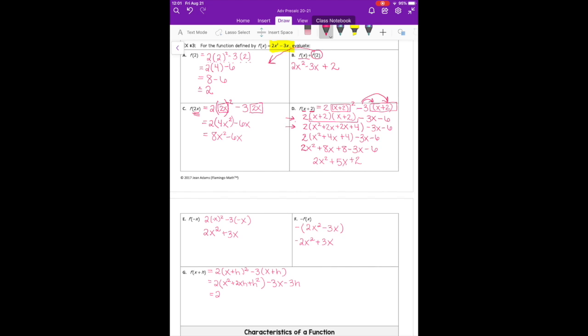Distribute my negative 3. Clean it up. See how that skipped 2, like go back at D. That skips 2 of those steps. And that's less work for you if you remember the shortcut. If you don't remember the shortcut, the long way works as well. It's the fun part about math. As long as you get to the answer, you can take the long way around. All right, so notice we have 0 like terms here. So this is my final